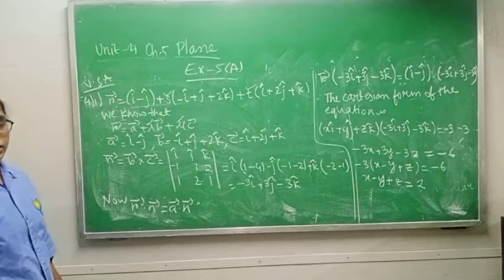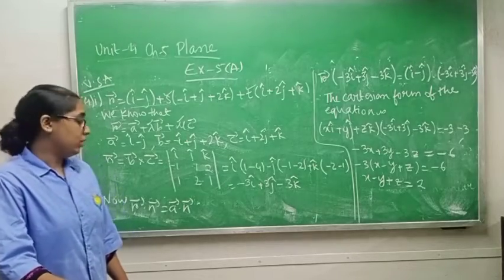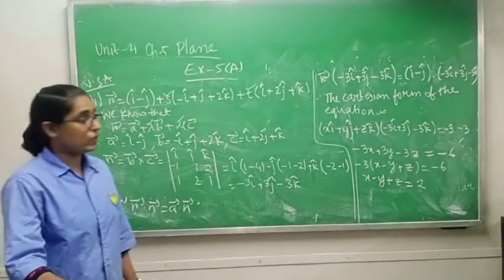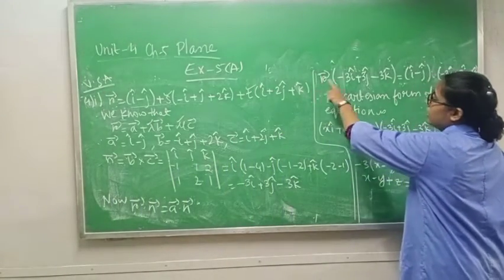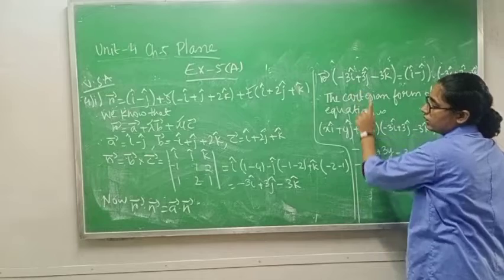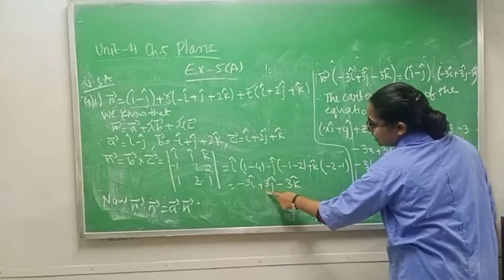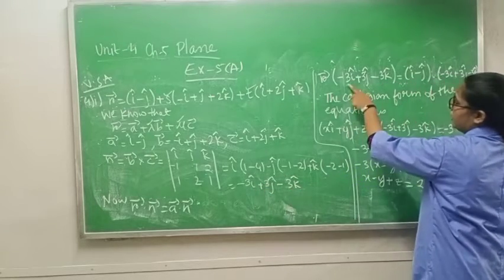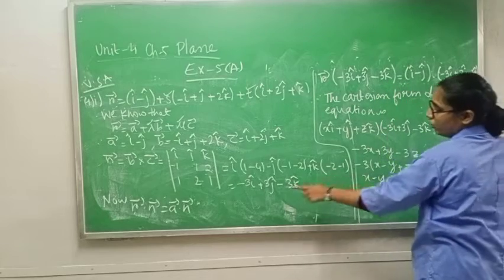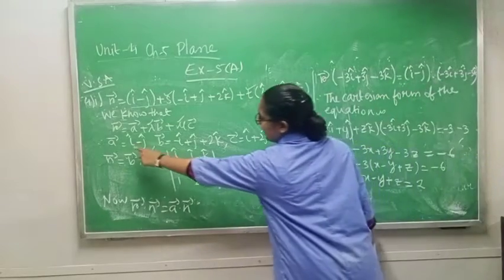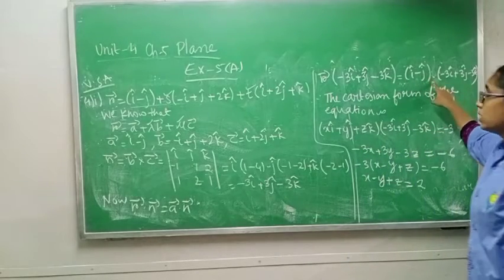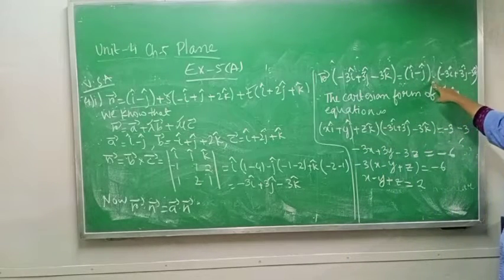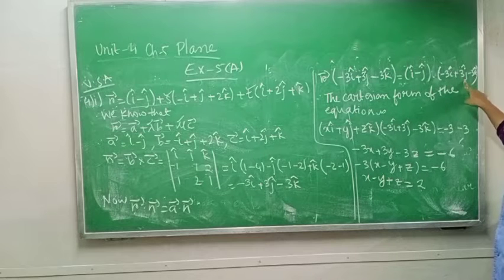Whenever you have to find the vector equation of a plane or the Cartesian equation, please use this one. Okay. Now r vector will remain as it is. In place of n vector, you can write minus 3 i cap plus 3 j cap minus 3 k cap. So I have written equals to a vector. A vector is minus i cap minus j cap, dot n vector. N vector is minus 3 i cap plus 3 j cap minus 3 k cap.